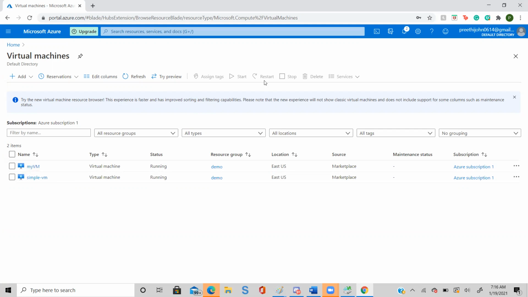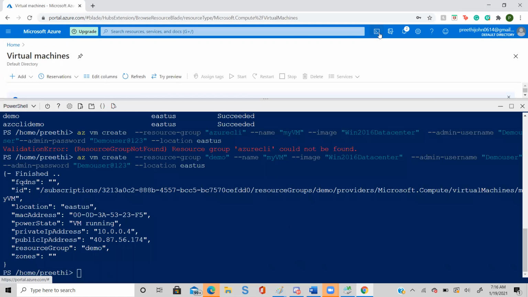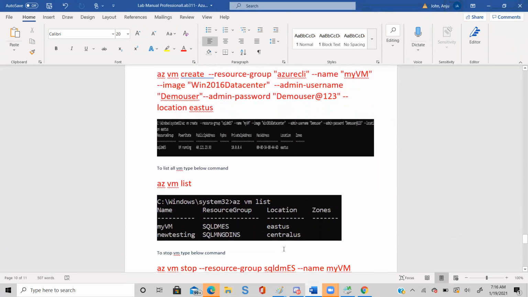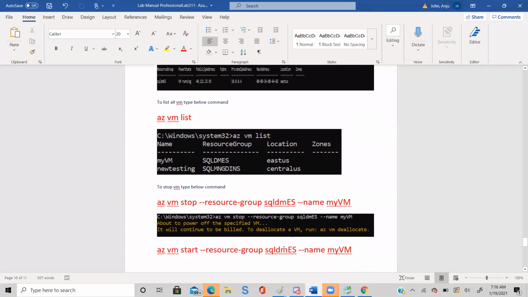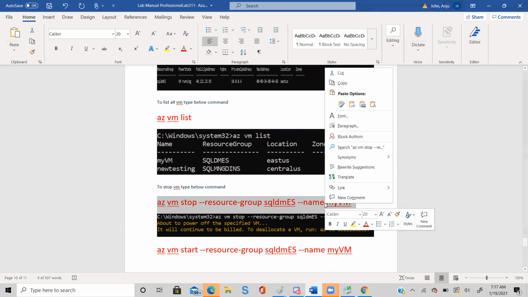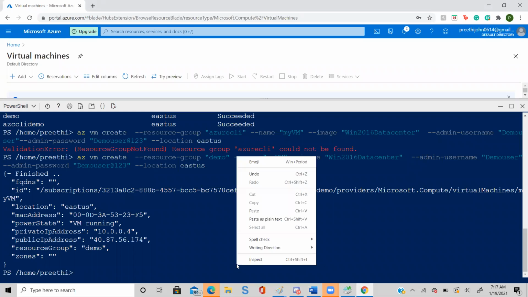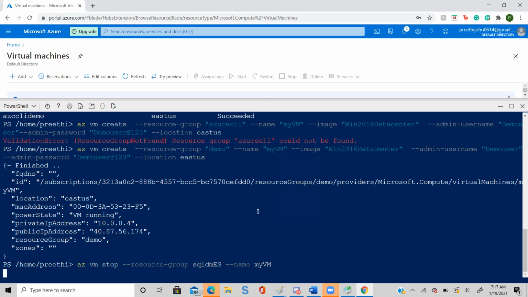You understand automation? Yes, right. So this is how you can do that. Now maybe when you are free, you can run all these commands to just check. So let's say for an example, if I want to stop my virtual machine, I can use this command. I have created my virtual machine. The name is myVM. I simply copy this one and I will run that. So it will go and stop the virtual machine which is running there in my Azure.